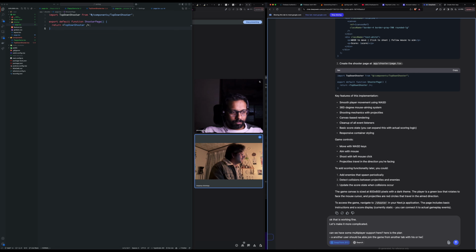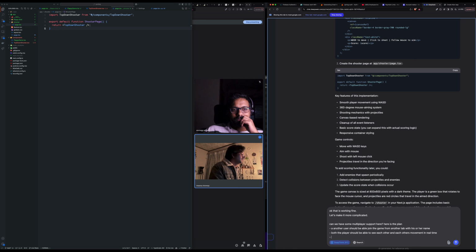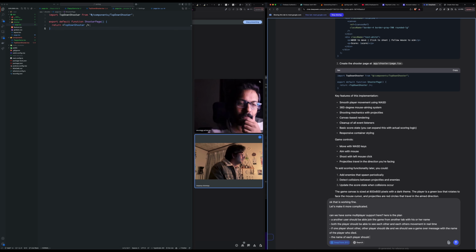with his or her name, and both the players should be able to see each other and each other's movement in real time, and if one player shoots the other, the player should die, and we should see a game over message with the name of the player who died, whatever basically. And one more thing, the name of each player should hover over it all the time in